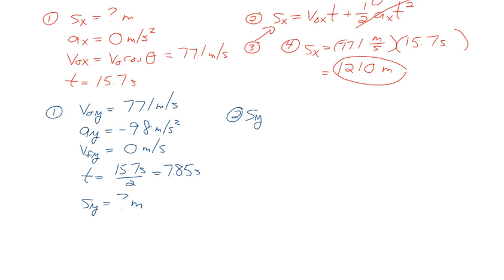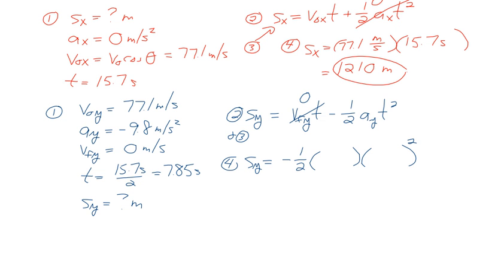I'm going to use, I guess, this formula, SY equals VFYT minus 1/2 AYT squared. If I use that as my formula, I don't have to rearrange it because the unknown is already solved for SY, and VFYT is 0 because VFY is 0. So I can just go right. I don't have any algebra to do if I use this. Again, you don't have to. You can pick another one. But SY is going to be minus 1/2